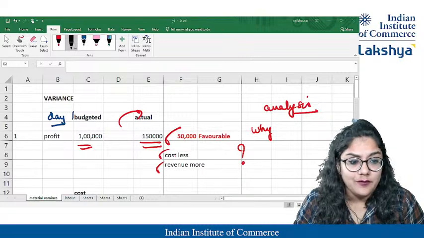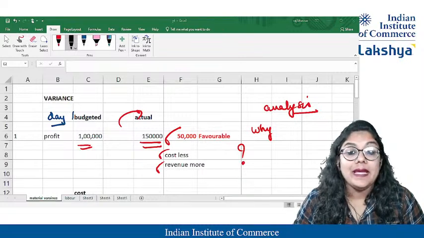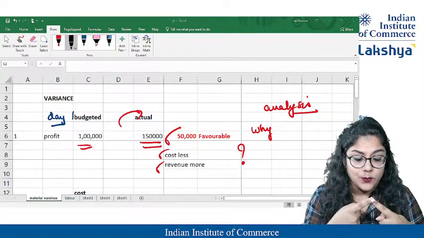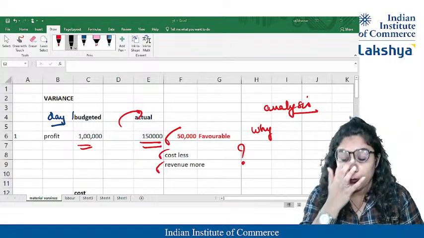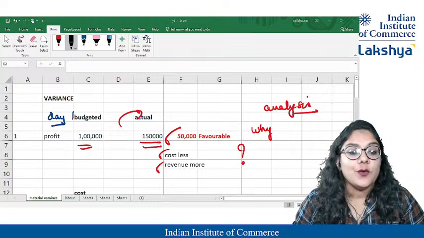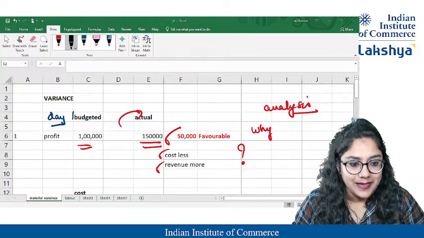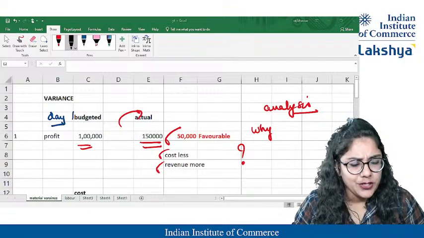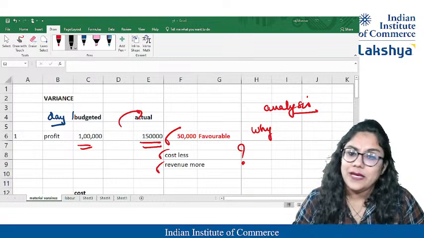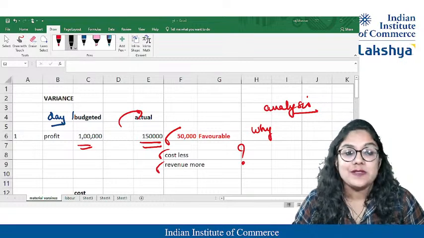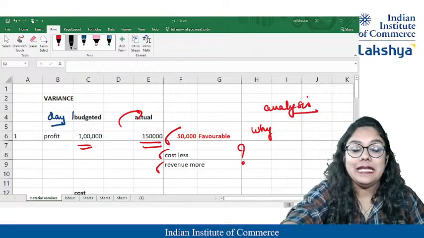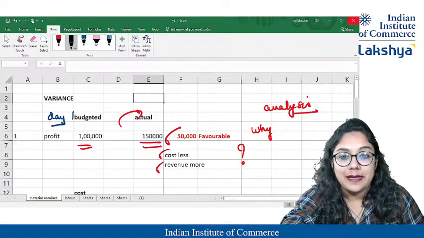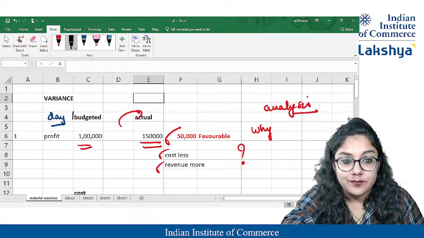But if you want to go further ahead, we have some labor variances also. We have some planning and operating variances also, which again turn out to be the most important topic, which I hope we can cover. Maybe tomorrow we can continue with the next topic. So for the day, if you understood this many topics, it's pretty easy, okay? It's pretty cool.